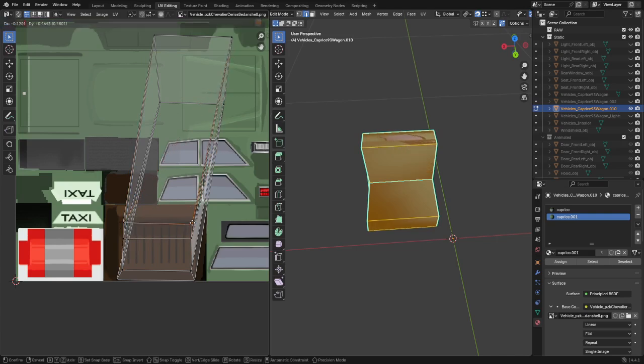Those two are here, and let's make that, that, and final touch,